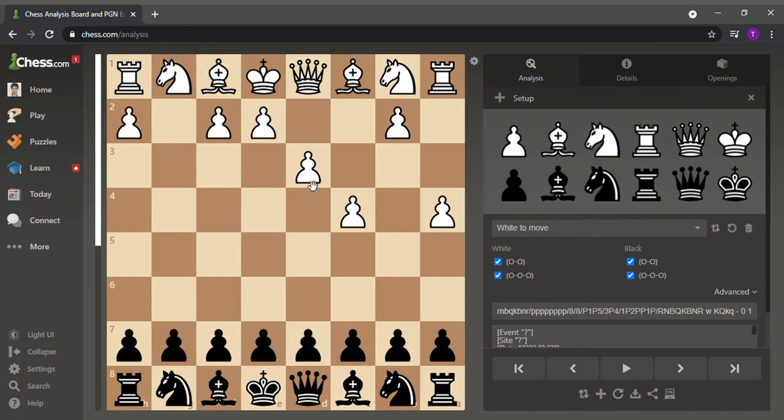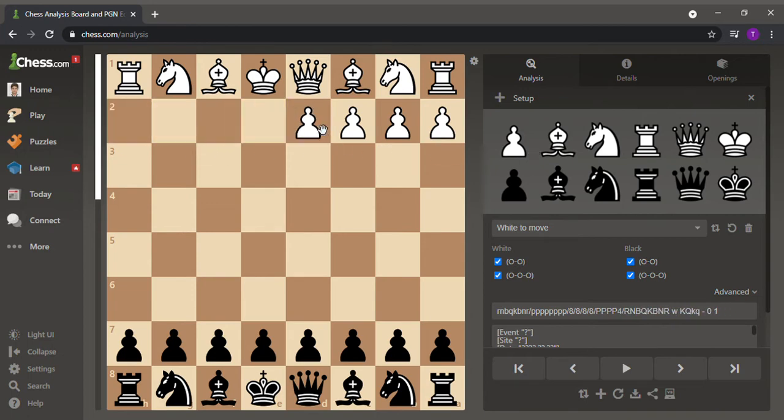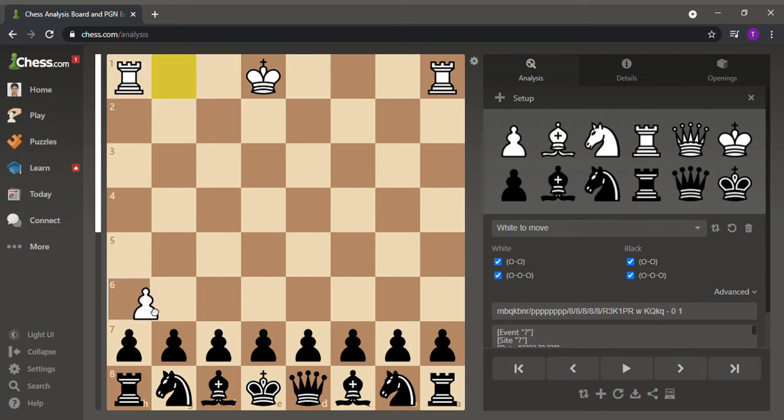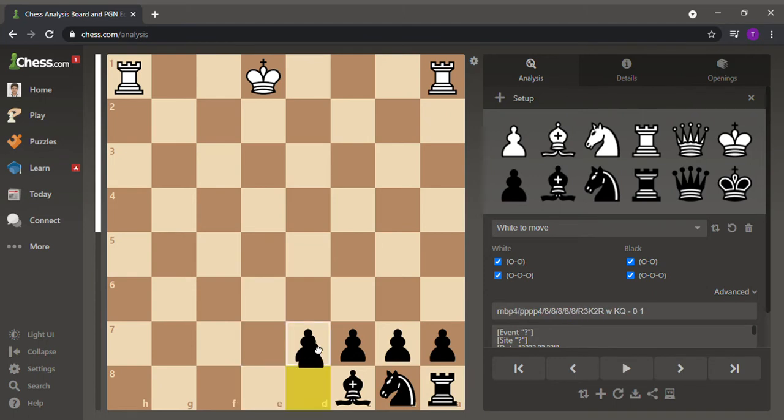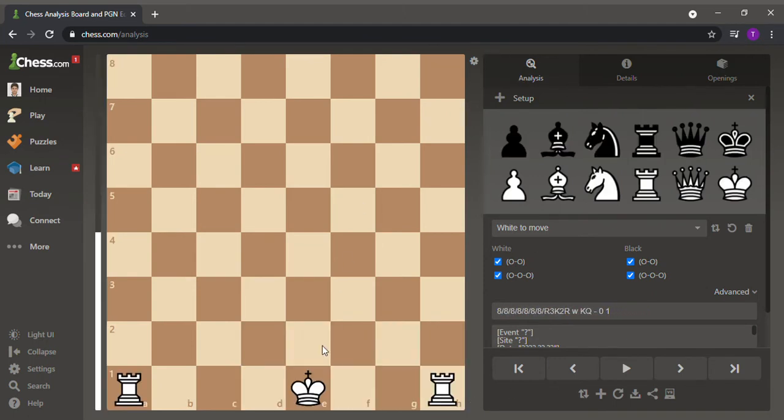Now let me remove all the other pieces from the board so that we can focus on the rule of castling. And the rule of castling only includes the rooks and the king. So I will again show you this from the white side. It's the same for the black side as well, so no need to get confused. So the initial position of the rooks is the corner and the king is on the dark square over here.